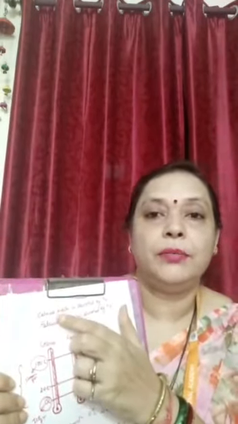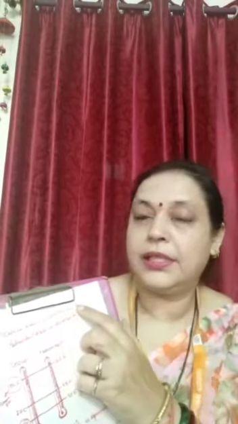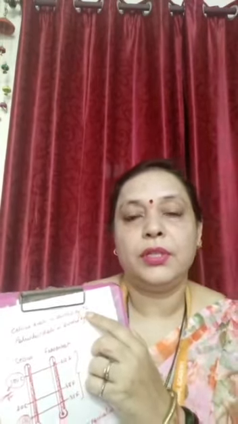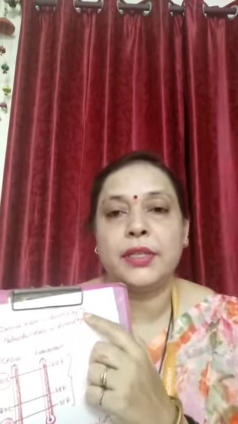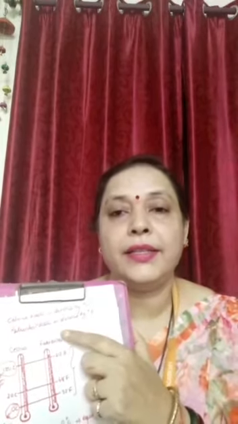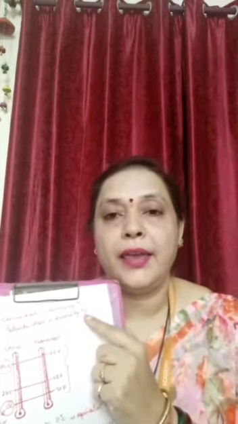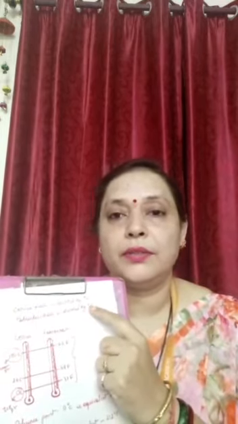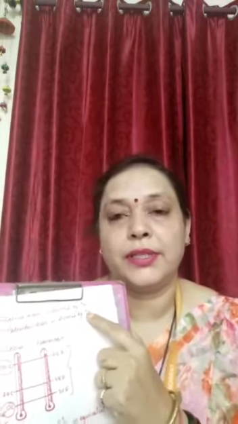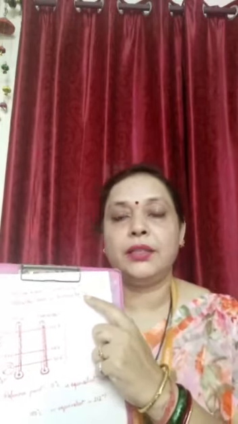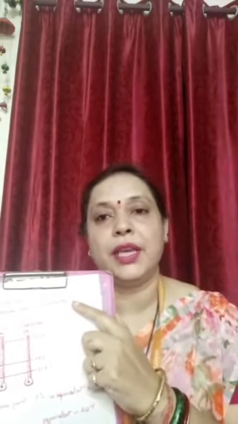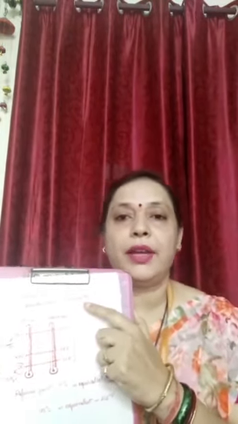You can see here that the Celsius scale is denoted by a capital C with a small circle, and the Fahrenheit scale is denoted by F with a small circle. So these are the symbols for both the Celsius scale and the Fahrenheit scale.